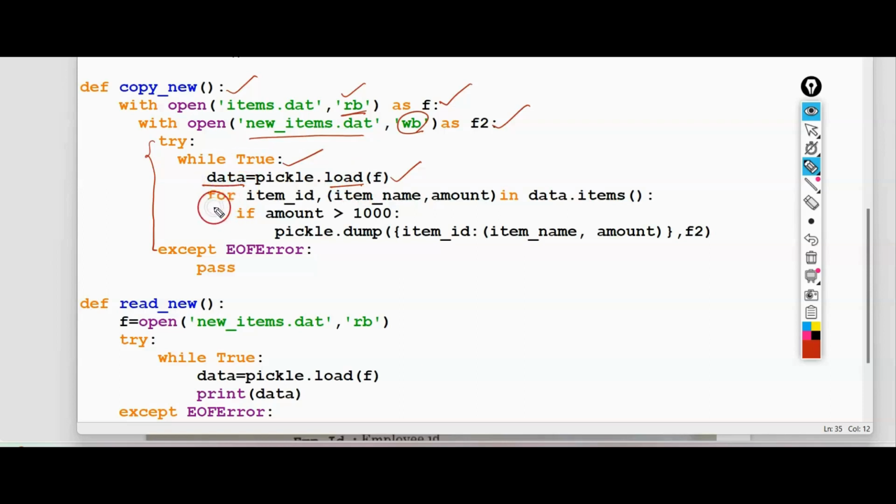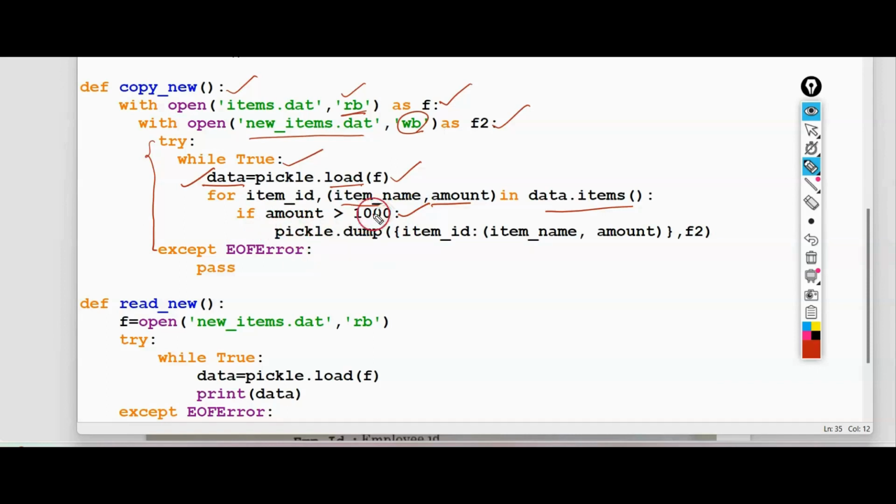After that, we iterate using a for loop over item_id, which is the key, and the values in the form of a tuple, item_name and amount, in data.items. Then it checks if amount is greater than 1000, which is given in the question.